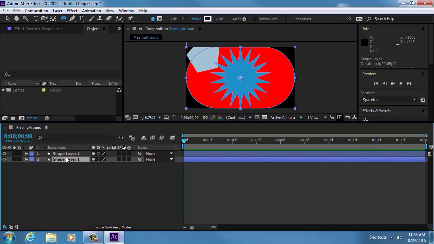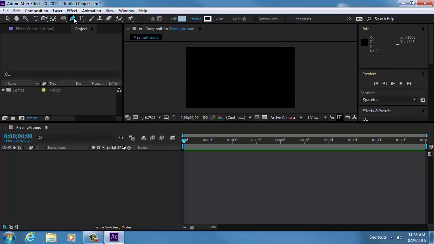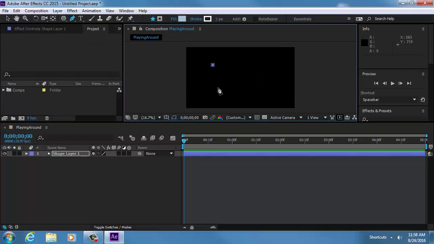So if you're making like a gear, let's say, and on that gear you want to have a certain star shape with some edges cut off and you want to have holes in it, that's perfect. That's like one big shape layer. If you want to have separate gears, you may duplicate that shape layer and have separate gears or instances of it. Okay? We could even use, I'm just going to delete my shape layers, the pen tool,